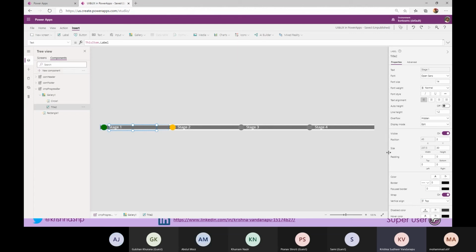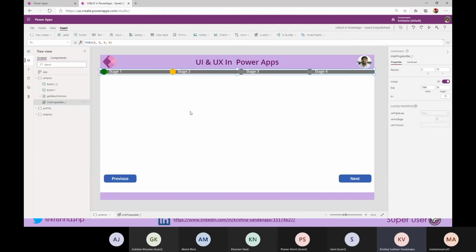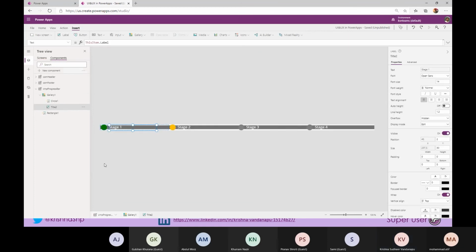To avoid that, what we could do is create a component and refer to that component as part of that. The user's experience will improve because it won't take a long time to load the component. When a component gets loaded on one screen, it will stay in the Power Apps cache and it will load immediately, in the blink of an eye. Okay, let's go ahead and create a component.